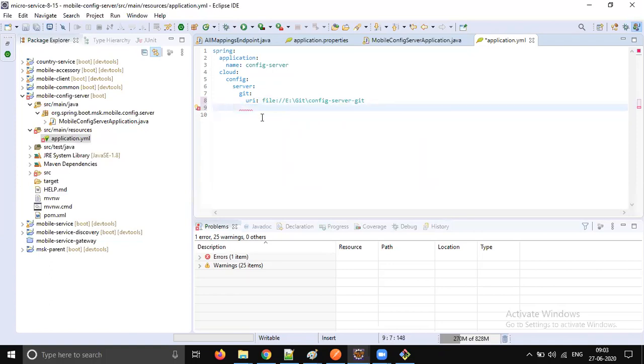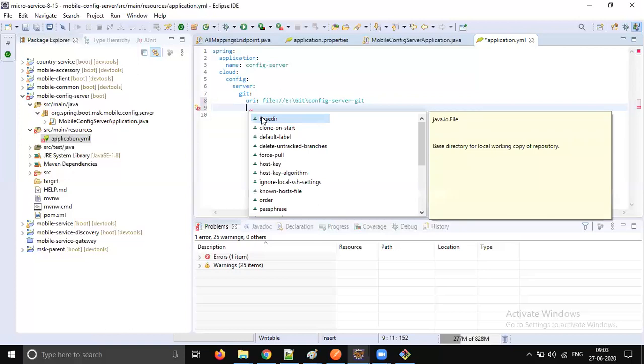But anyway, we don't want that. Sunil, there was something like server git password. Yeah, that's what I'm trying to do here. If you put it at the exact level and press control space, it shows password. It will also have some username. So if it is a remote, you should give username and password. But anyway, it's not the best way to do it.